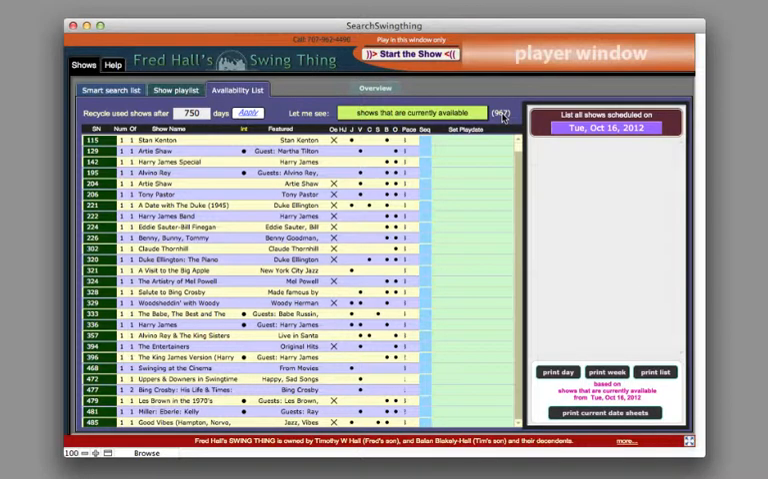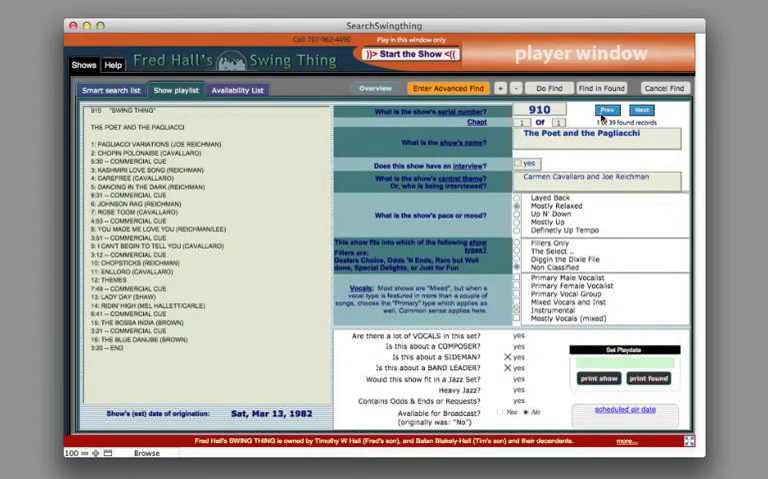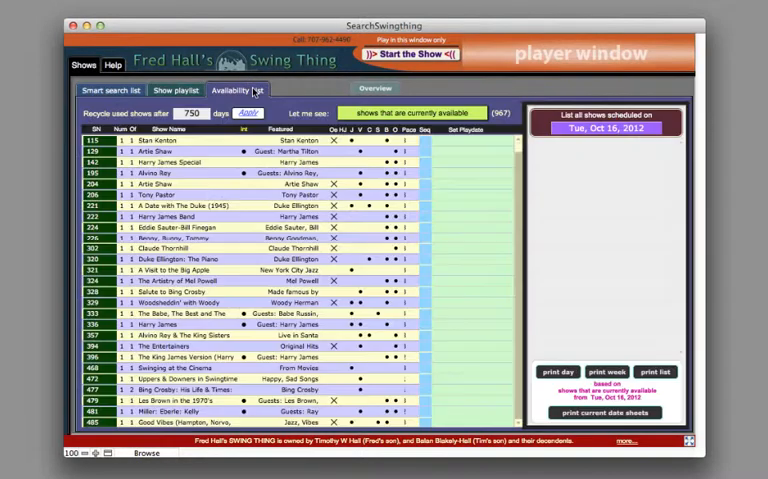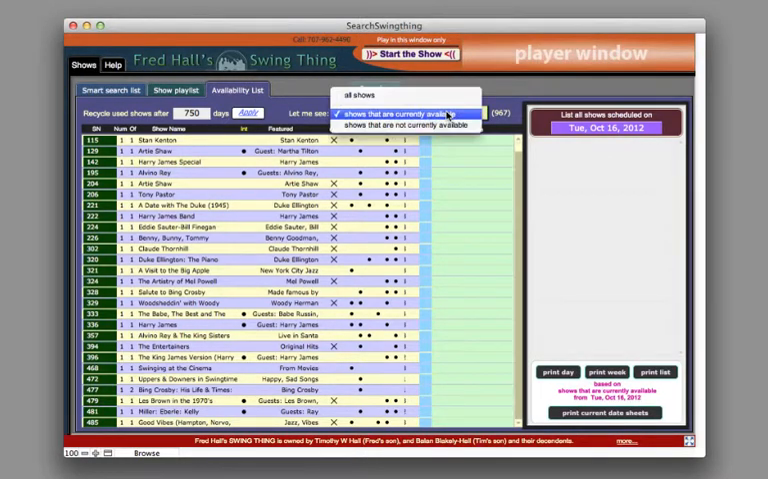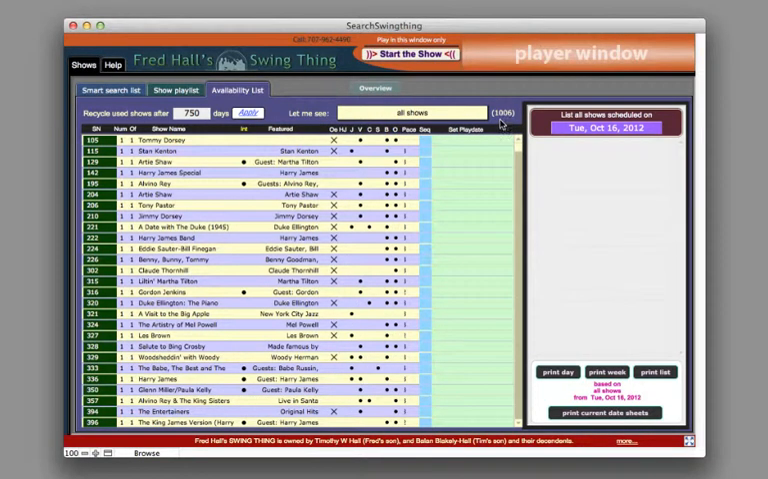That 967, by the way, when we did this search over here, we found 39 records that we felt shouldn't be used for broadcast. So if you subtract 39 from all the shows that we've got available from 1,006, you're going to end up with